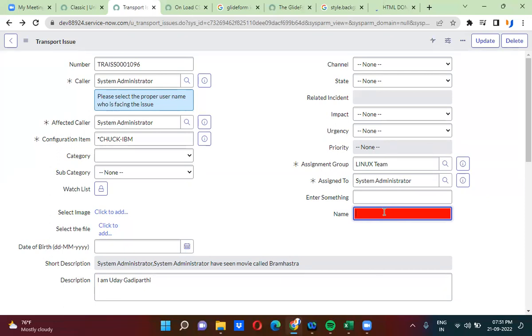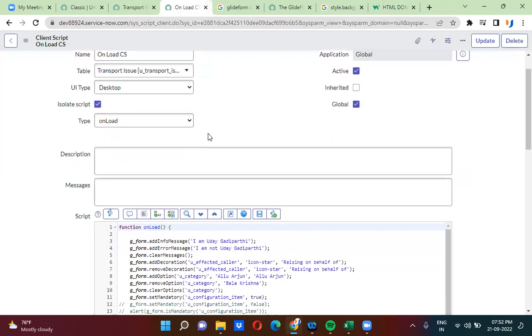So likewise, you can change something on the form using GlideForm. If you want to make any changes on the form, you can make them using GlideForm. So let us say no attachment icon is appearing here because I was hiding it. If I want to show the attachment icon here, what I can do is